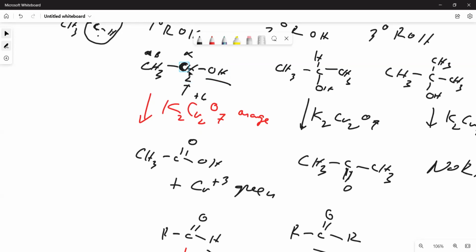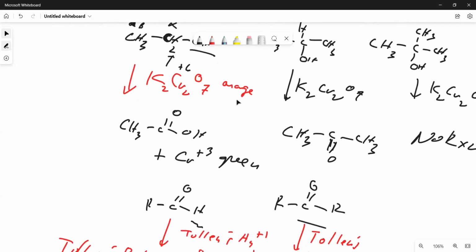So this is oxidizable. When you add an oxidizing agent, potassium dichromate, the oxidation state of chromium there is +6, and its color is orange because it is placed in acidic medium. This hydrogen will be replaced by oxygen, resulting in the formation of carboxylic acid, so from ethanol to ethanoic acid. And what happens to your chromium? It will be reduced from +6 to +3, and the color change would be from orange to green.